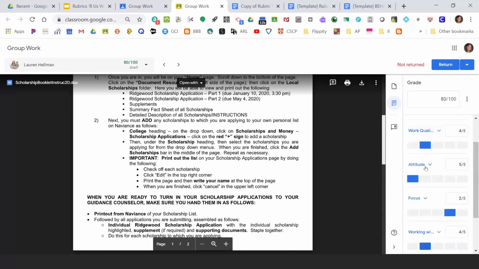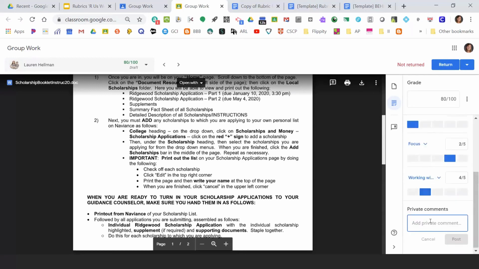And then I also have the option of adding a private comment from the rubric too. So, great job with your overall performance, something like that. When I click post, it's going to send her a notification that her assignment has been graded, and it'll show her where on the rubric each of her scores fell. So I'm going to click post,